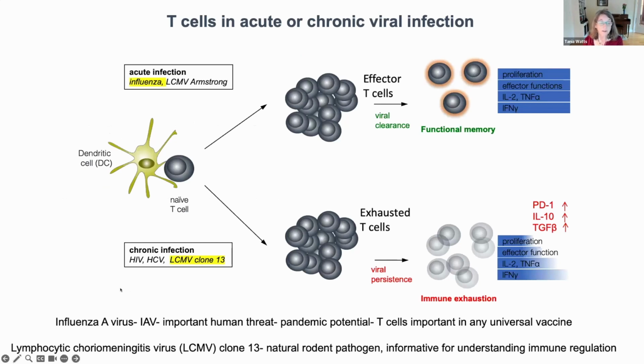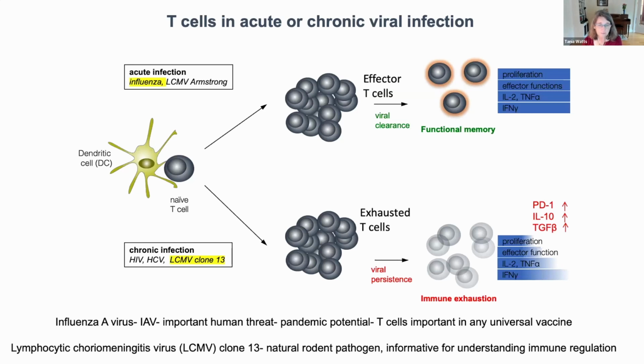We like to study influenza A virus as an important human pathogen with pandemic threats ongoing, and because T cells are very important in any universal vaccine because of their broad cross-reactivity against multiple influenza strains. And it's an example of an acute localized infection. And then the other model we like to study has been a favorite of immunologists for many decades, lymphocytic choriomeningitis virus, LCMV, and particularly the clone 13 variant causes a persistent infection in mice. And because it's a natural rodent pathogen, it's been really informative for understanding the physiological response to infection in its